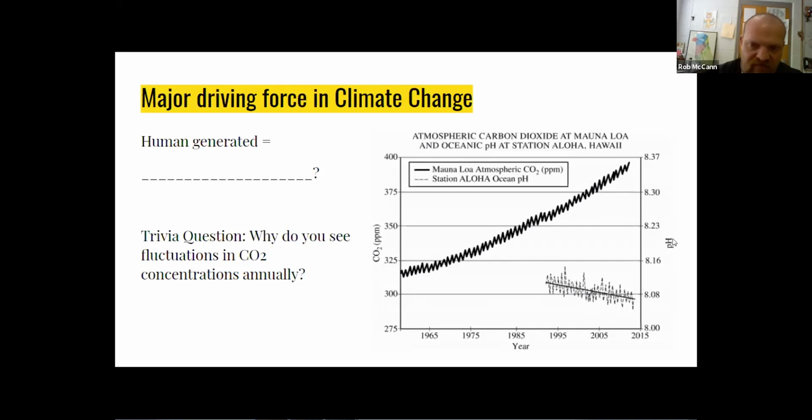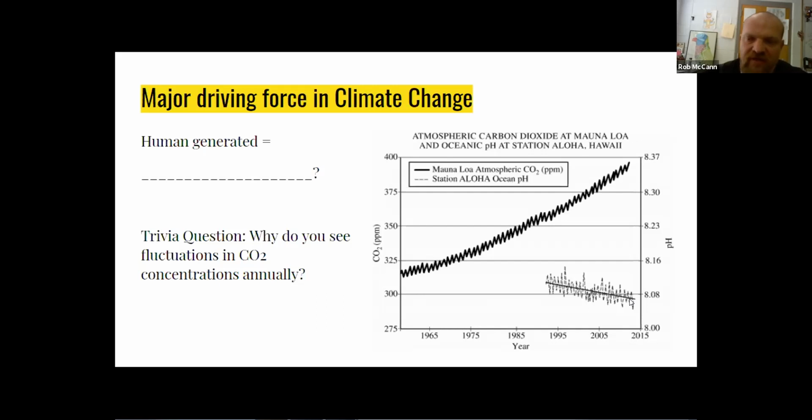You guys noticed over here on the right-hand side of the graph, we see pH levels, okay? So pH, if you guys remember, that's that pH scale that goes from 1 to 14, 7 is neutral, below 7 is acidic, above 7 is basic, or alkaline. And so we're seeing that the overall pH level in the oceans is actually going down, okay? And if pH levels in the ocean are going down, let's